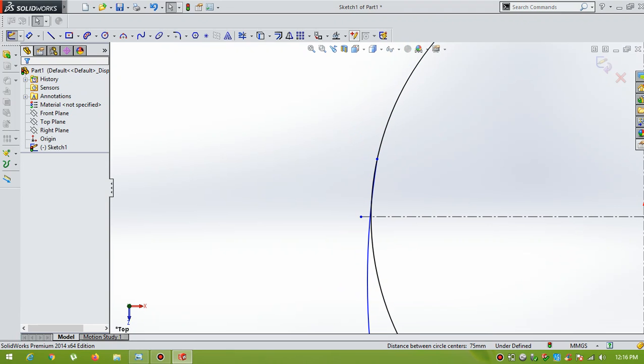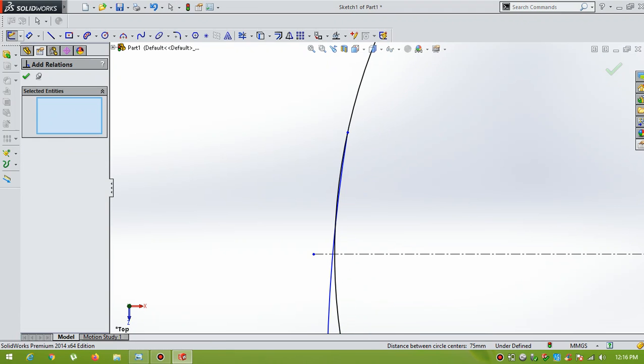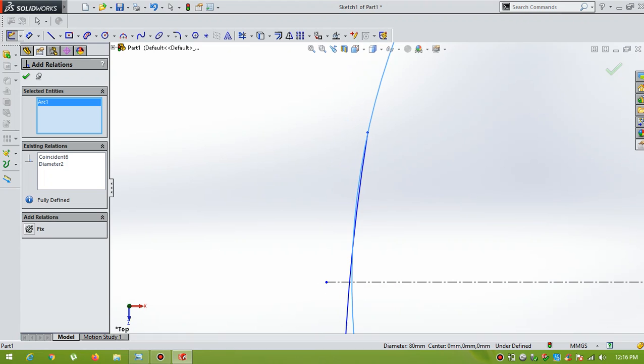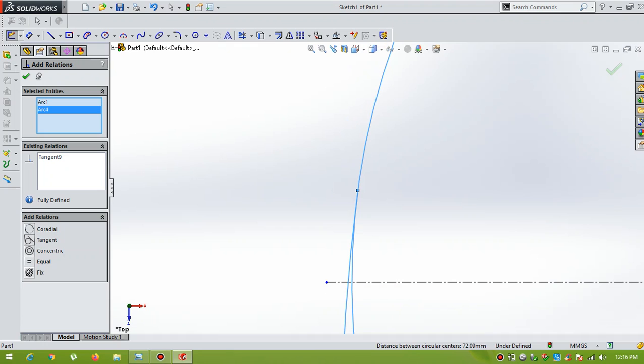Here add relations, circle and add, can give OK.